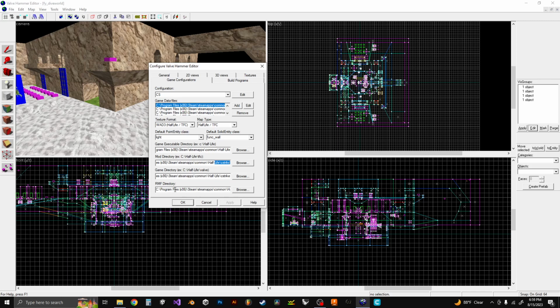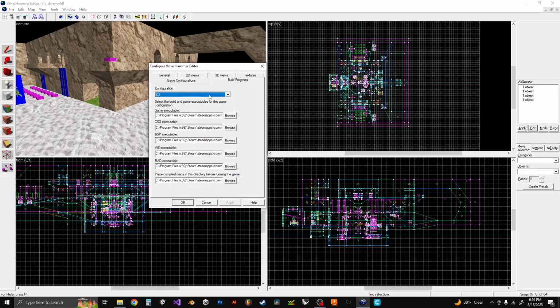And then the RMF directory, where you're going to put the maps that you're making. I put mine in my Counter-Strike folder, and put a folder in there called maps, and I put all my RMFs in there, so I guess that has to point to that. And then build programs, so this is what's going to render your maps when you render them. I don't use the renderer in Counter-Strike, but it works, I just don't use it as my final compile because